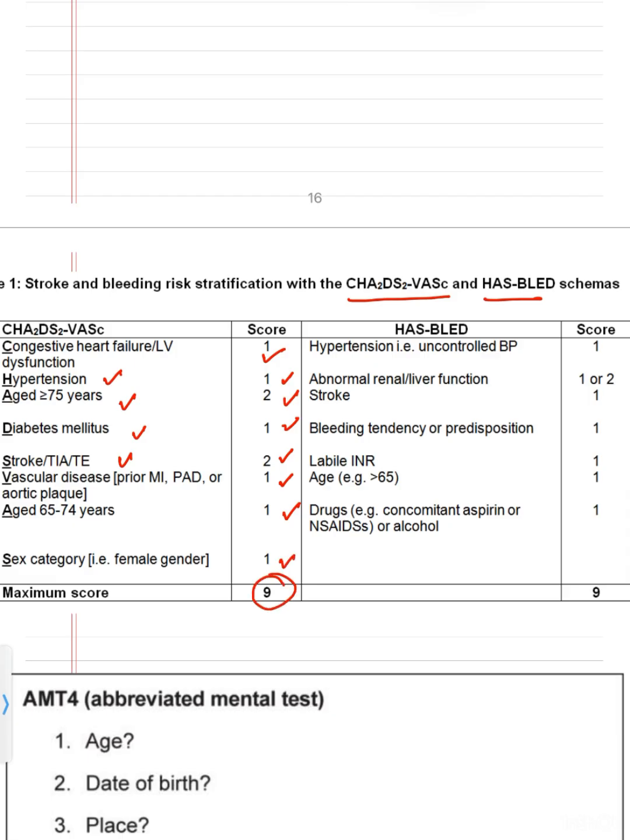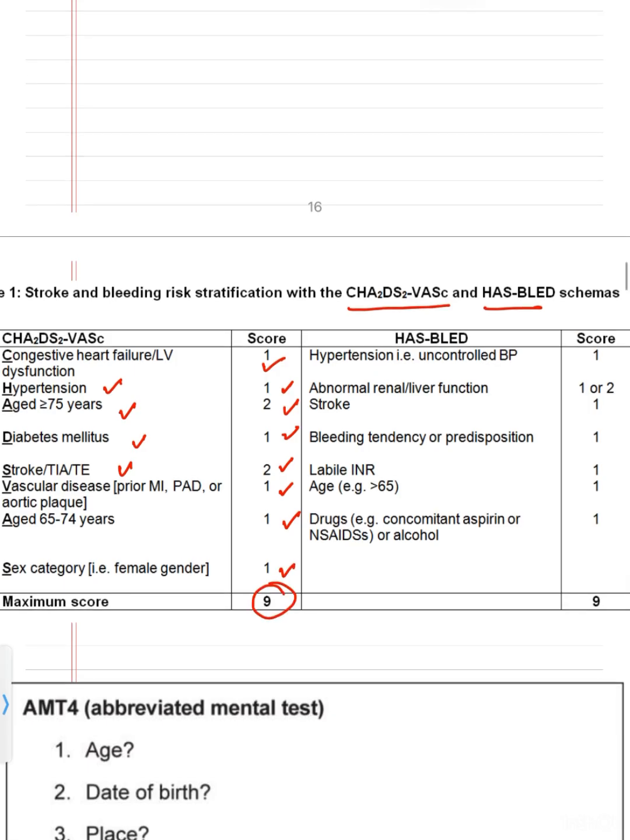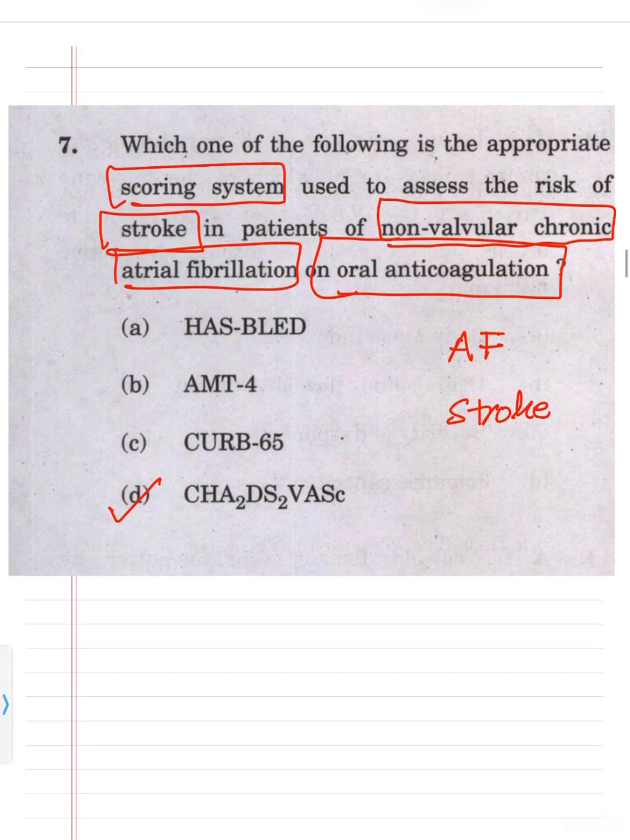The other criteria is known as the HAS-BLED criteria. HAS-BLED is not about the stroke, it is about the bleeding risk. So that one is about the stroke, and this one is about the bleeding risk. So hypertension, uncontrolled BP, score 1; abnormal renal or liver function, which can be 1 or 2; stroke 1; bleeding tendency or predisposition 1; labile INR 1; age more than 65, 1; drugs, concomitant aspirin and alcohol, 1. The score is again 9. So HAS-BLED and CHA2DS2-VASc, these two are both associated with the use of oral anticoagulants